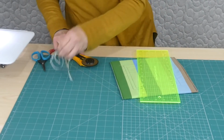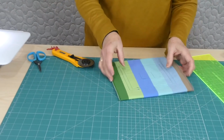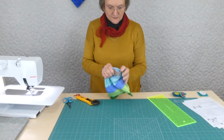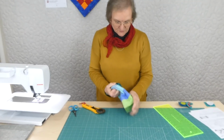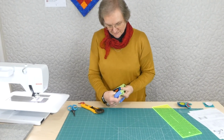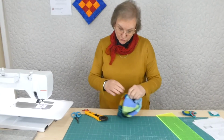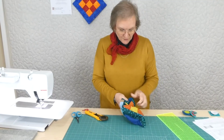So that's gone really well. So what we now want to do is turn that out the right way. So we're going to pop our little corners out. So this would actually work as a little cushion or something if you wanted it to, but we're going to